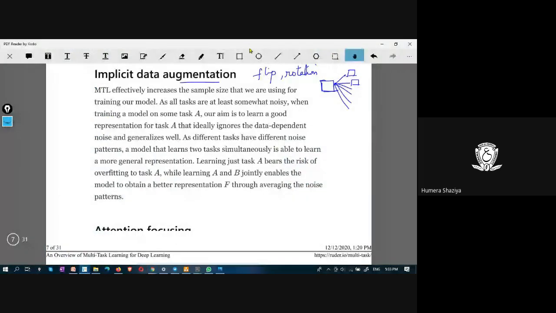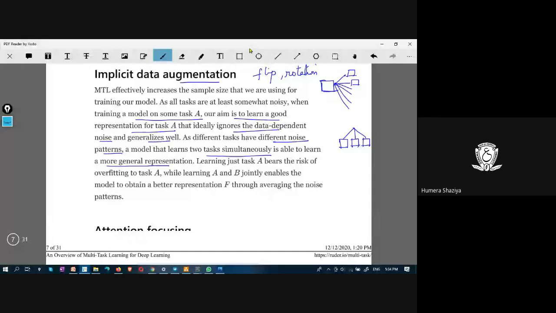These are different techniques to create a new version of an image. This is about image augmentation.